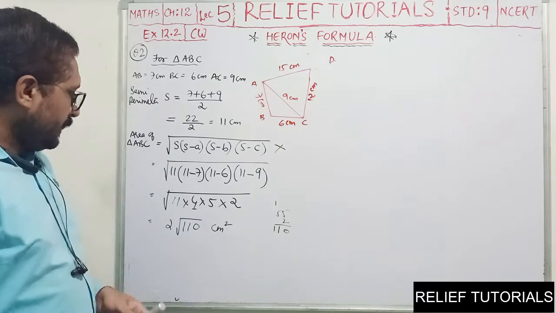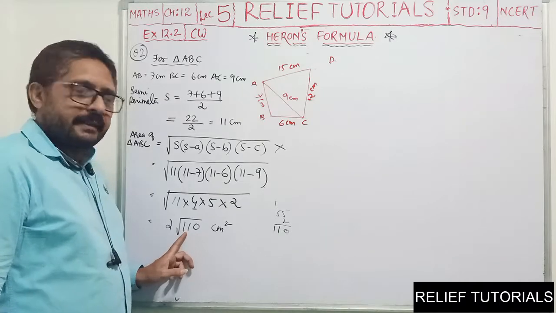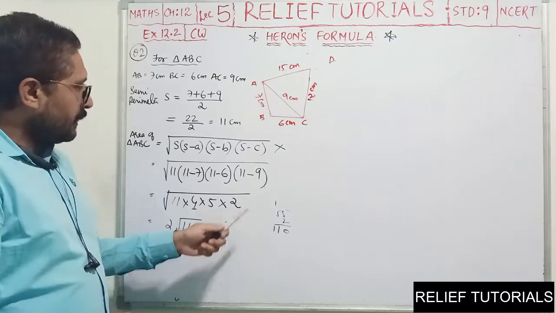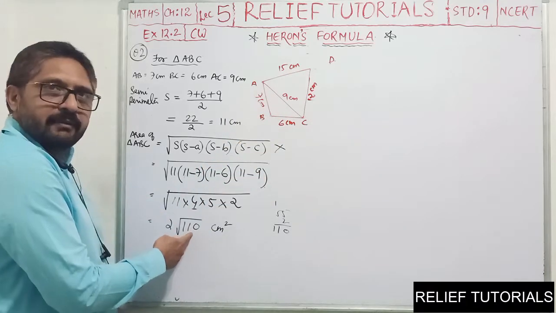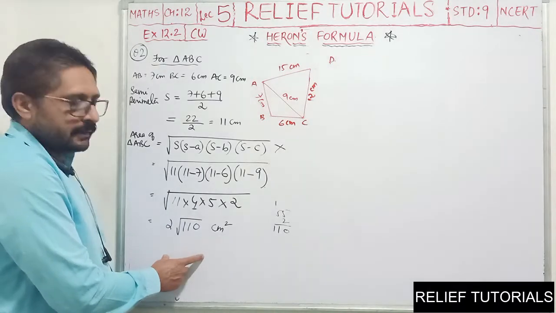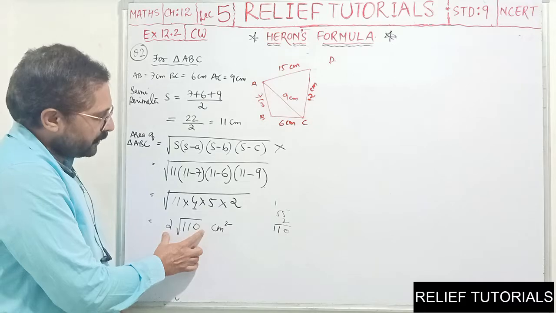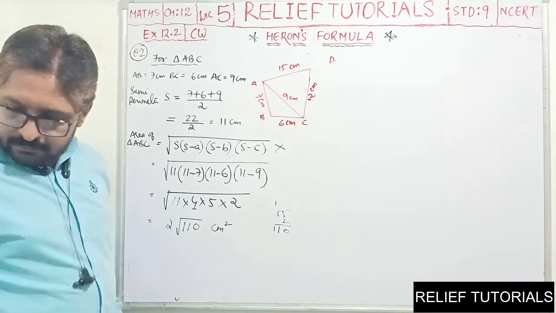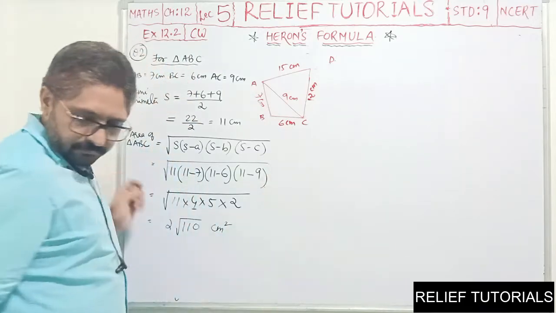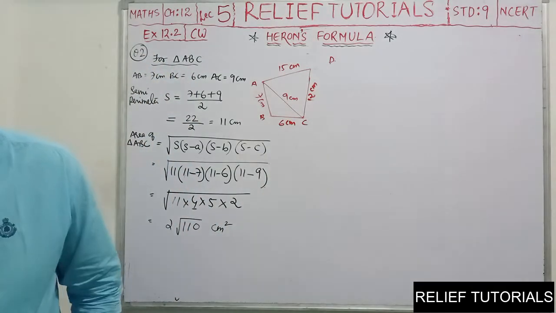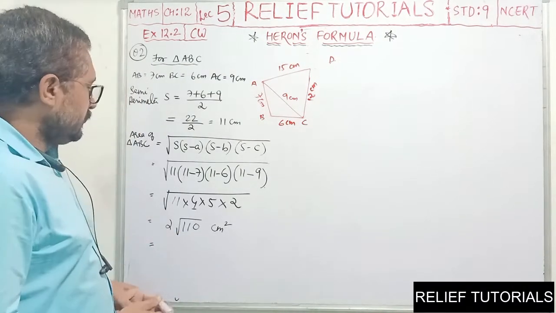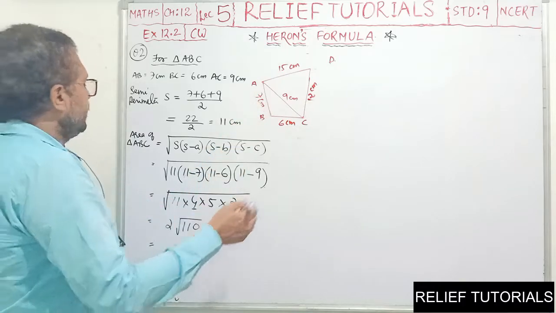See, you have learned in the 8th standard how to find the root of 110. I am not mentioning here how to find the root. You can find the root, you can multiply by 2 and you can write your final answer here. Clear? Otherwise we can mention in this order also, 2 into root 110. So if you solve this, later we will solve that. First we will find the area.